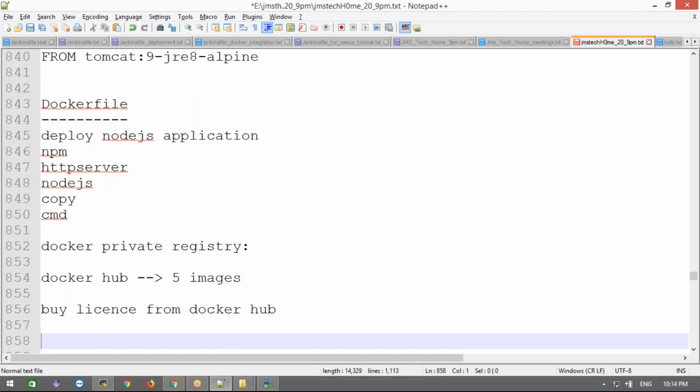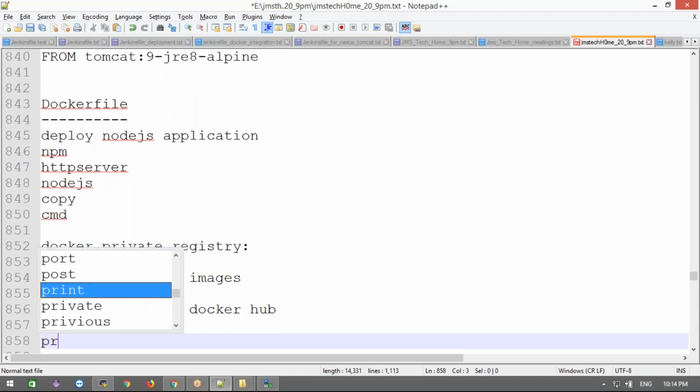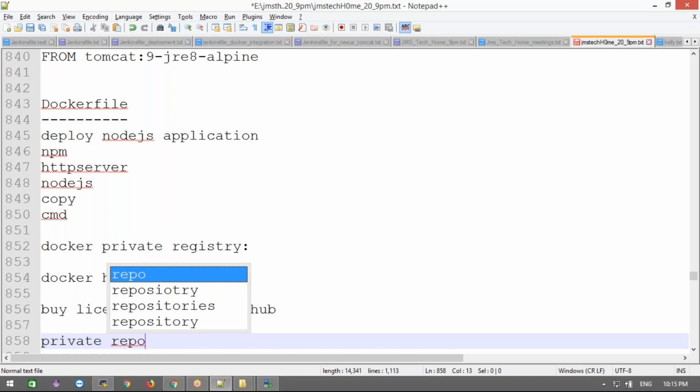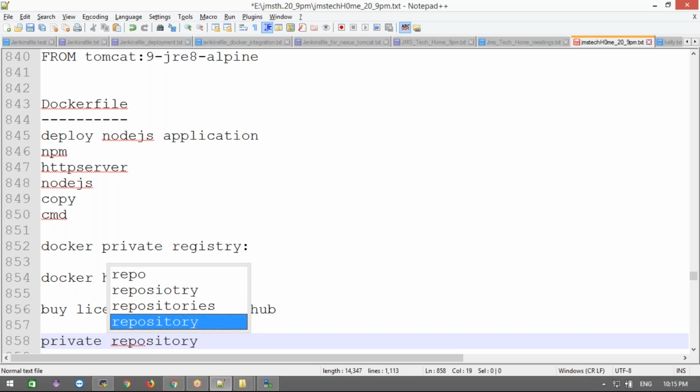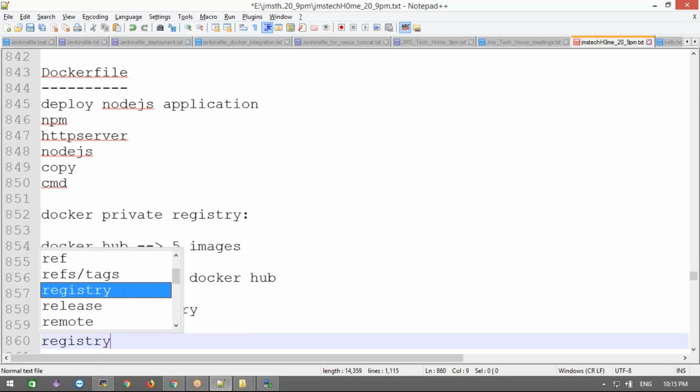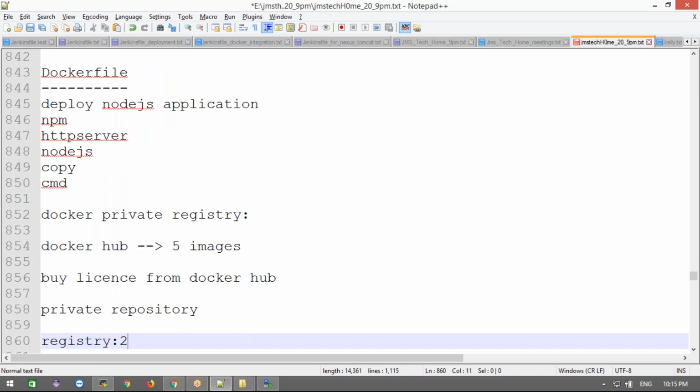Okay, that's good. Now you may feel that you don't want to use Docker Hub. I want to create my own private repository, without paying a single rupee. In real time, what things do I use? I'll tell you that also. For this private repository, I used one project, which we call registry 2.